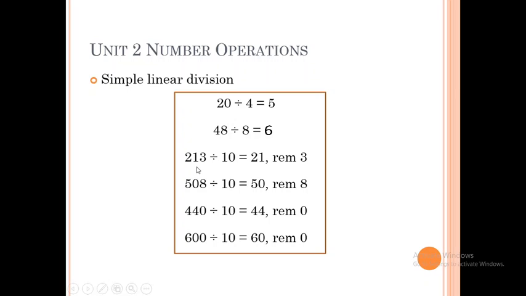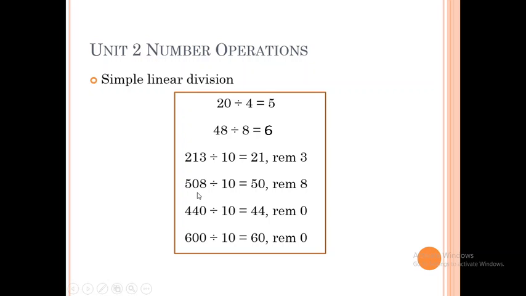Same like here, division by 10, and there is no need. In the previous lesson also I told you, same I want to revise again. When we are taking 10 as a divisor, no need of doing any working. We can simply write the answer. And what is the rule? The number present at unit place on extreme right, that is 3, is the remainder and all the remaining numbers are the quotient. So in this division, 21 is the quotient and 3 is the remainder.